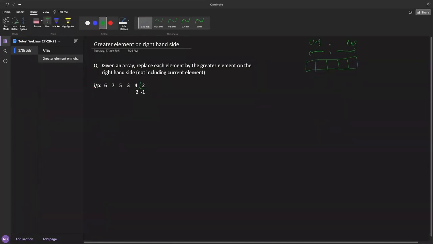Now for 3, the elements on the right hand side are 4 and 2. Among 4 and 2, which one is the greater one? 4. Now for 5, the elements on the right hand side are 3, 4, and 2. Among them, the greatest one is again 4 only.